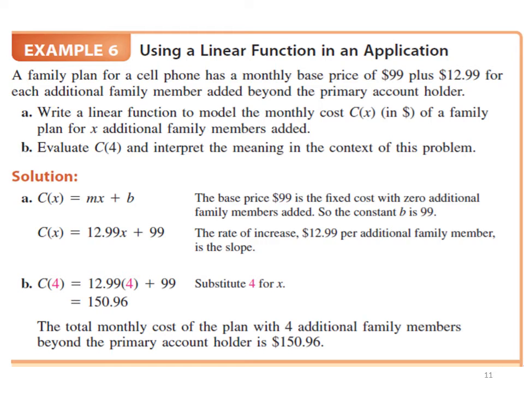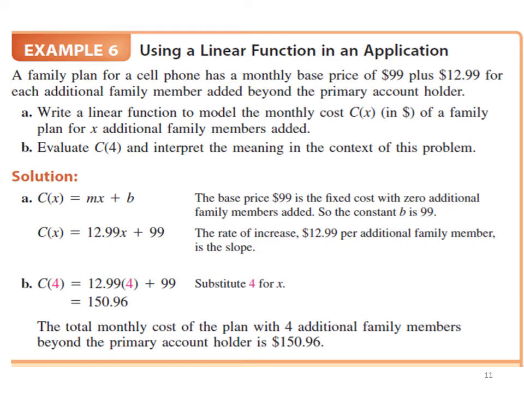Multiply 12.99 by X will tell you the extra cost, and add it to the minimum, which is 99. This function is a model for the total cost for that plan. And by the way, if you set X equals 0, meaning you have no additional family members, then this will cancel. 12.99 times 0 is 0, and you pay the minimum charge, which is 99. If you have any additional family member, just substitute that for X, and that will tell you how much the